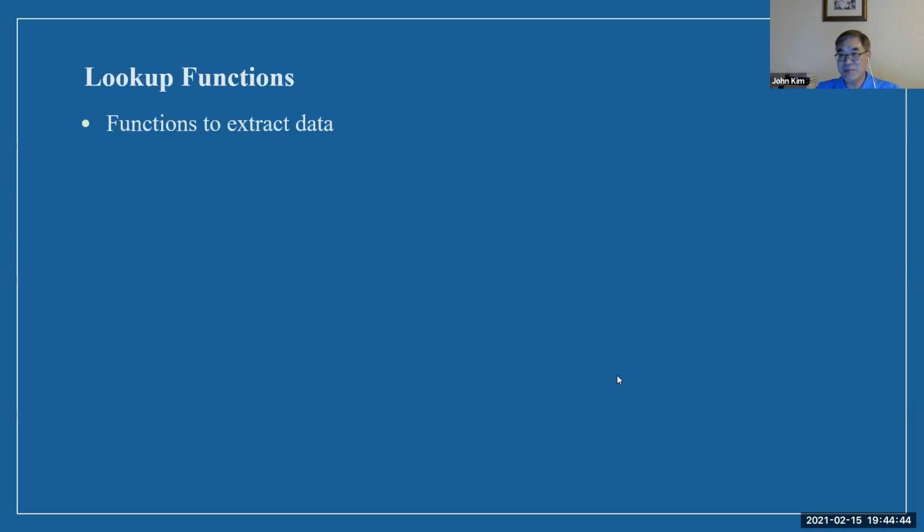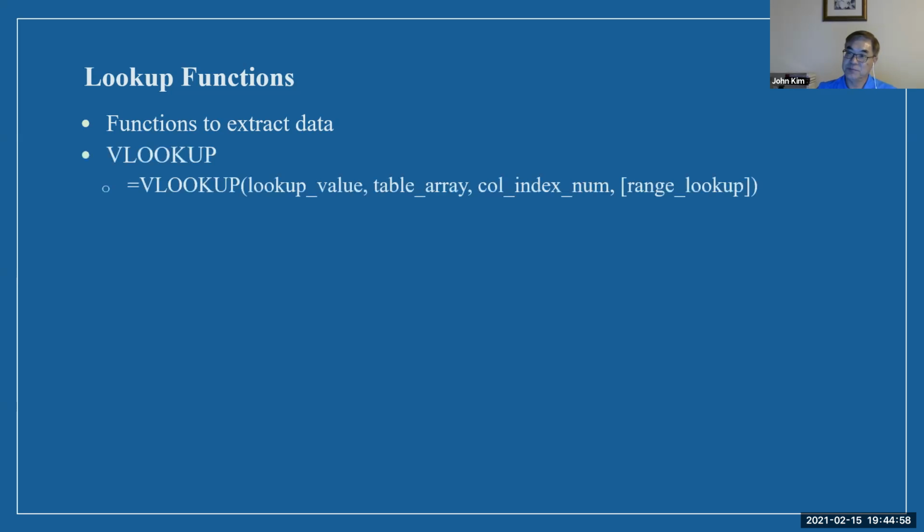Okay, next one. Lookup function. This one is also like the IF function, OR function, and AND function. It extracts data. There are two types of lookup function. The first one is VLOOKUP. I will tell you why it's called VLOOKUP later. So this one,